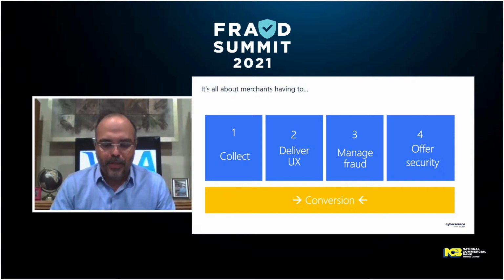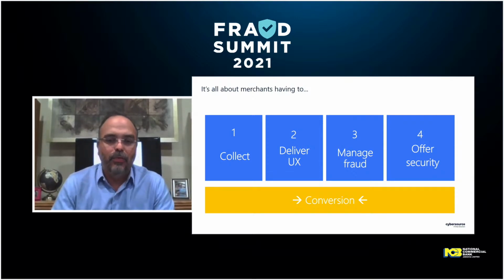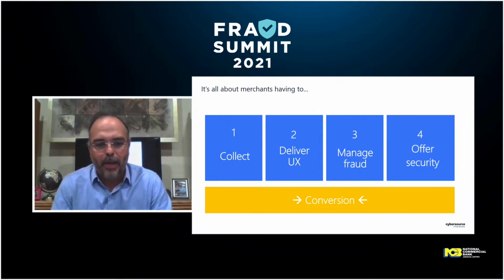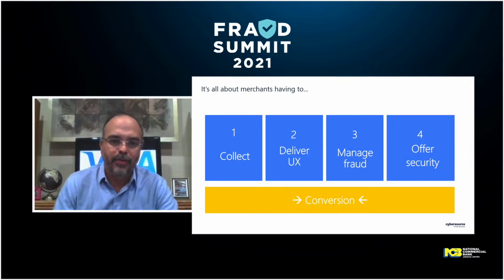So the first thing that you need to do when we talk about selling online is that you need to be able to collect your payment transactions from the digital world. So payment acceptance is the first priority for any merchant. You need to accept Visa, of course, and the other brands, and any other alternative payment method that your consumers have embraced in your market. So perfect. Now you start accepting payments